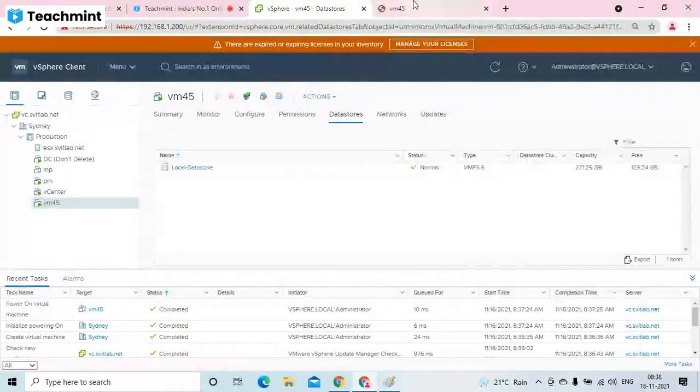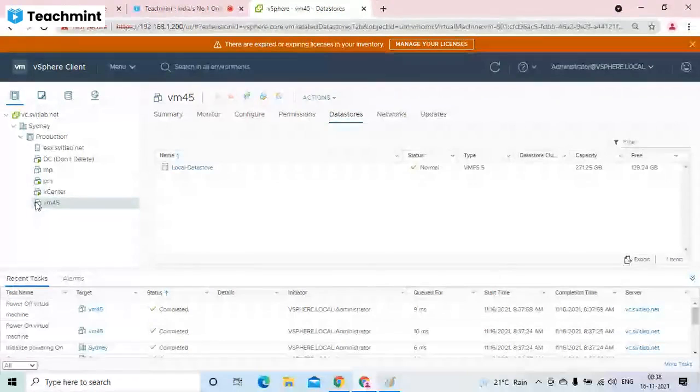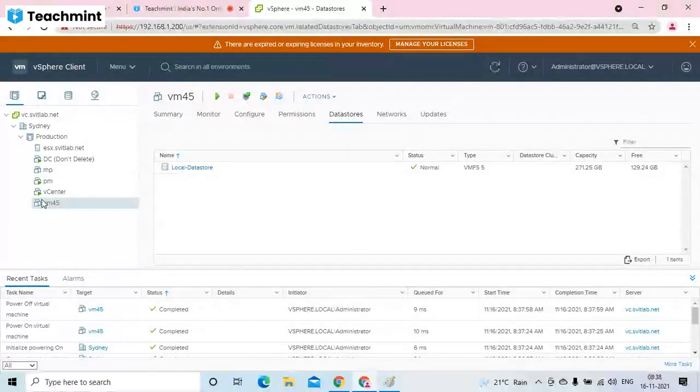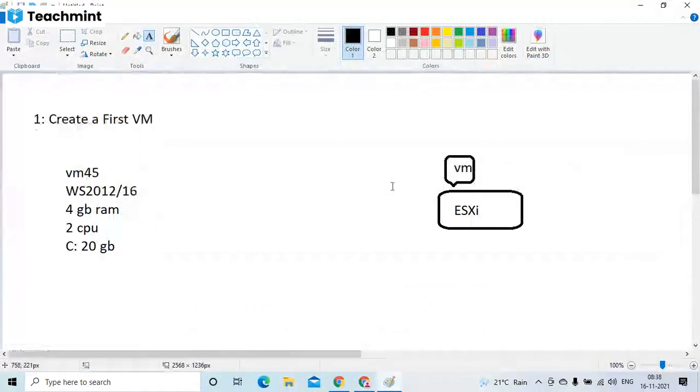So I'll just power it off again and then attach ISO image. So to install operating system, there were two options. One is place a physical CD DVD on the ESXi. So directly insert DVD in this ESXi machine DVD drive, then attach it. So I don't have physical CD DVD to connect to it. So what I'll do, I'll use ISO image from the ESXi local hard disk.